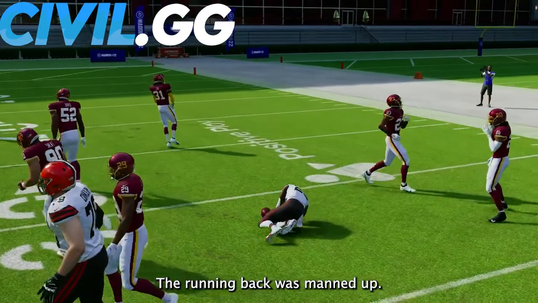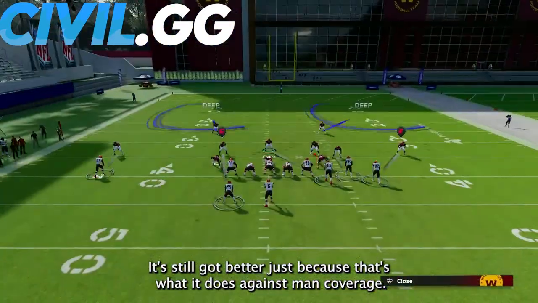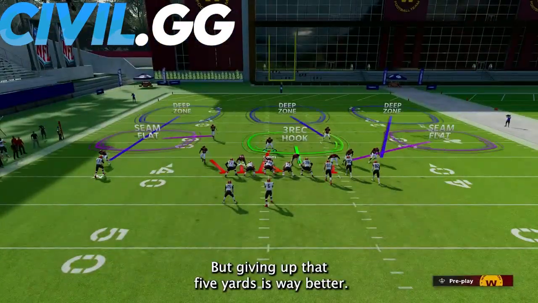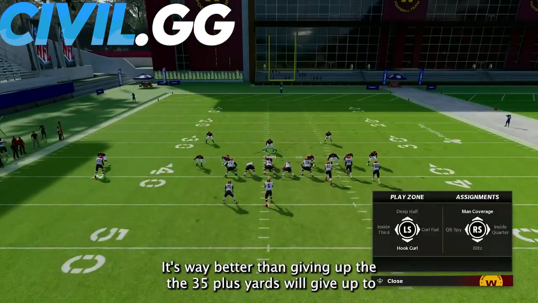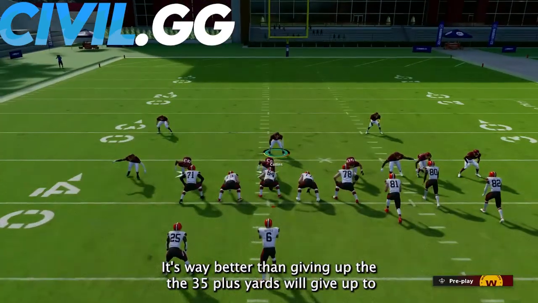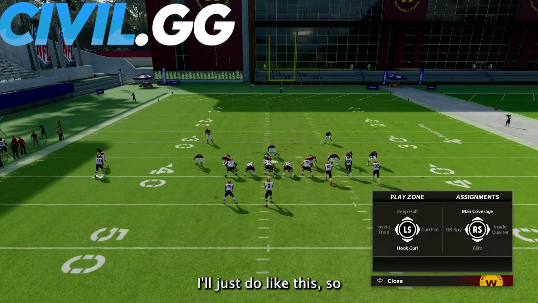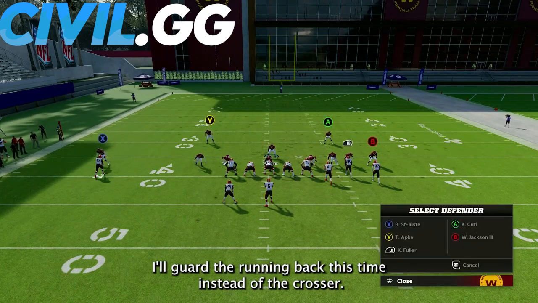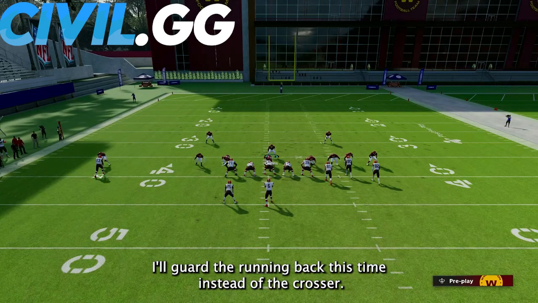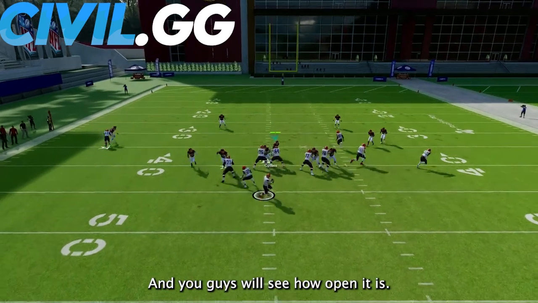The running back was manned up. It still got burnt just because that's what it does against man coverage. But giving up that 5 yards is way better than giving up the 35 plus yards they'll give up to the crosser. Here, I'll just do like this. So I'll guard the running back this time instead of the crosser, and you guys will see how open it